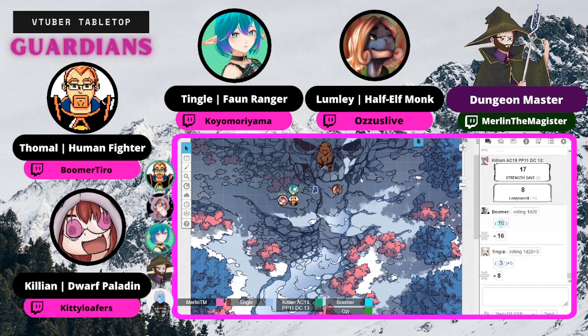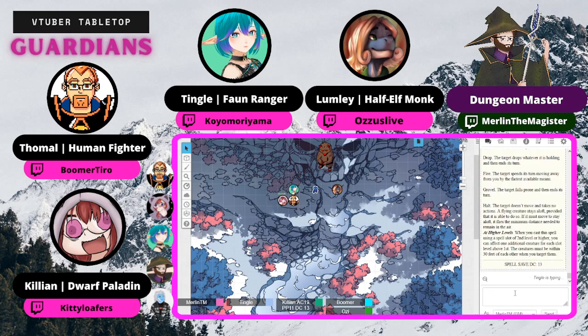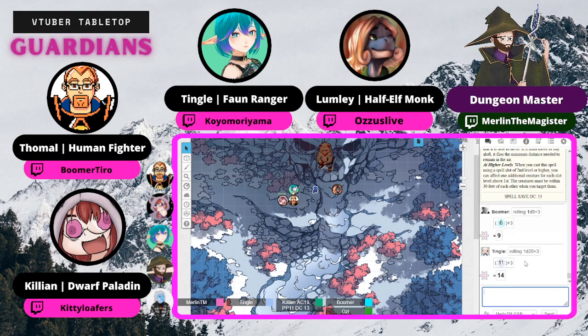And I'm pretty sure I hit it. Alright, so that's 2 misses. That's a hit from Tomal. And Lumley, you'll get an attack as well. Nice. Oh, yes, there it is. Okay, so Lumley and Tomal hit. Sorry about that. Don't worry about it. 9 damage. The 14 is for the bite of the Drake.